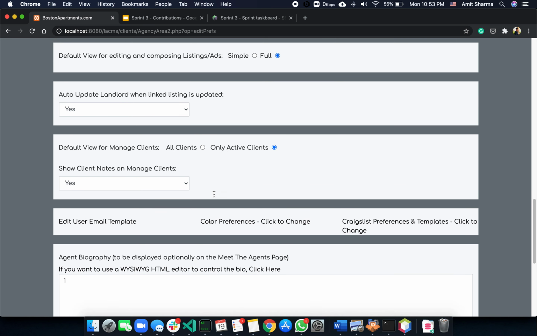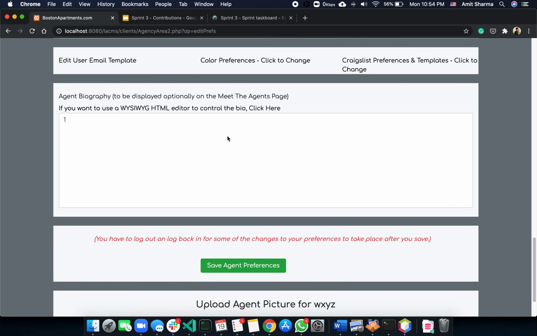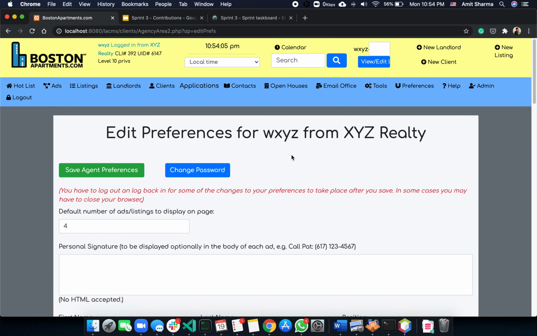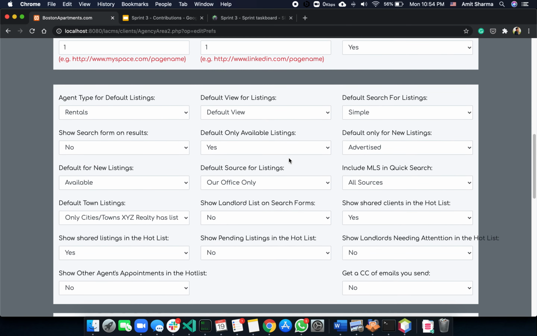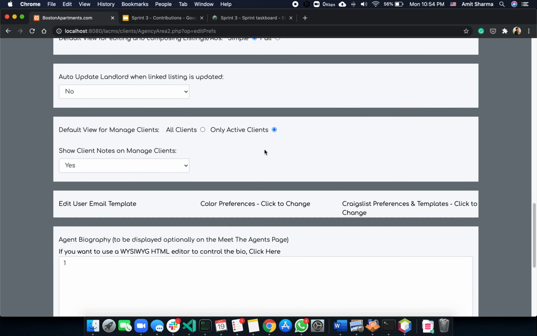So now if the user changes, let's say, the default view for editing and composing listing ads from full to simple, changes a couple more fields and saves it, and views them again,